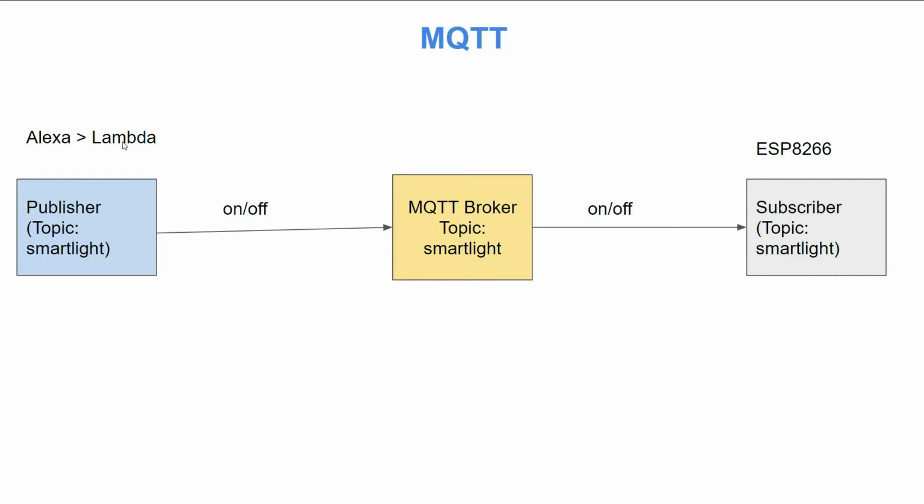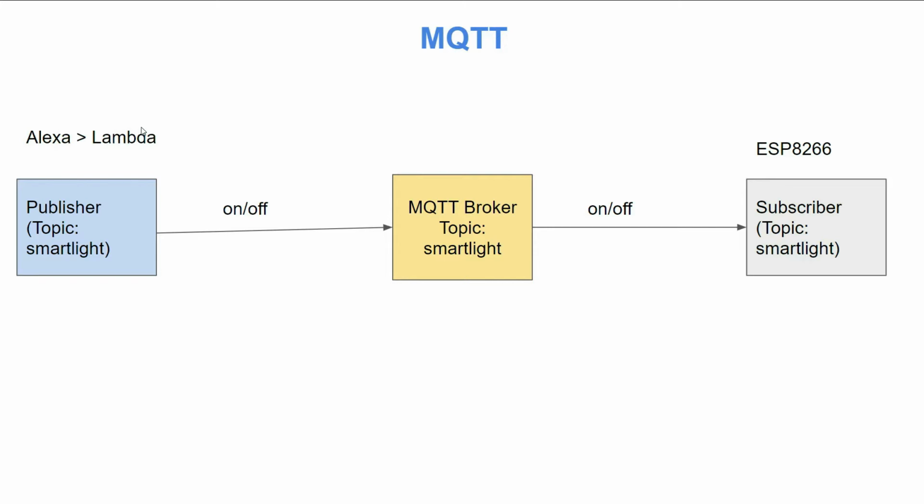So the only thing that we need to do is send one MQTT request from our Lambda function to the MQTT broker. Now to do that, we need to implement MQTT in the Lambda. So if you remember earlier, we implemented MQTT in the ESP8266. There we wrote our code in C++. But when we are working with the Lambda function, we chose to use Node.js.